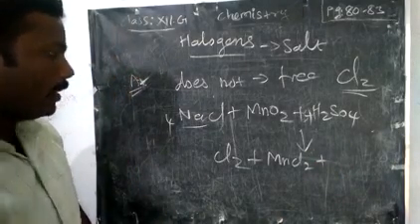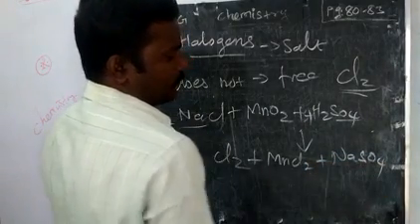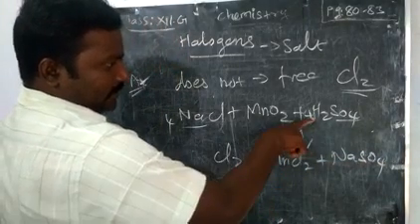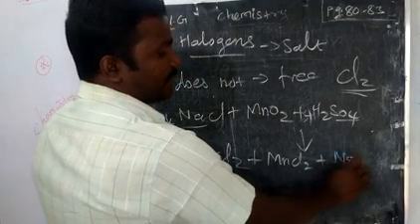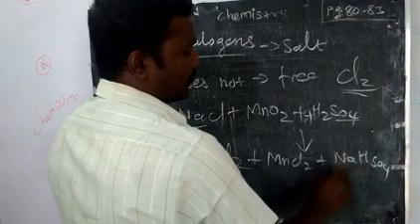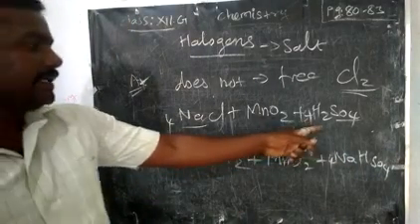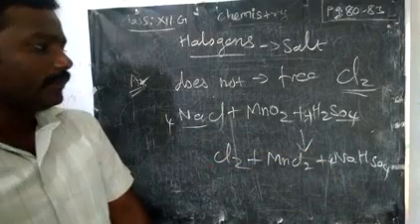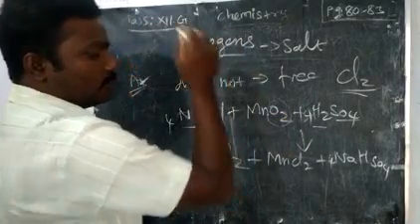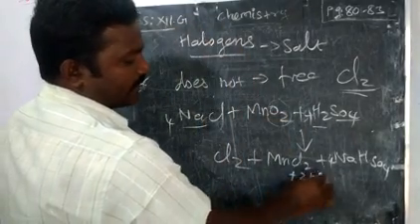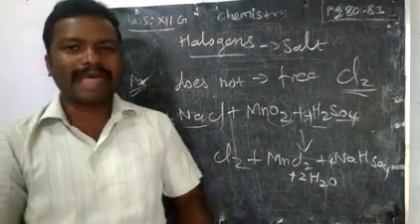Now tell me what are the remaining. There are 4 Na, 4 SO4. Here it is not sodium sulfate, it is sodium bisulfate, NaHSO4. So 4 moles will go out. Out of 8 hydrogen, we remove 4. What about the remaining 4? We have remaining 4 hydrogen, 2 oxygen, so we can write H2O. You must know how to balance this reaction.